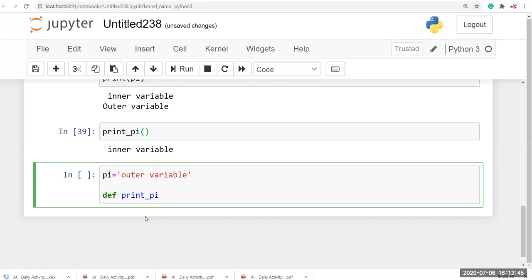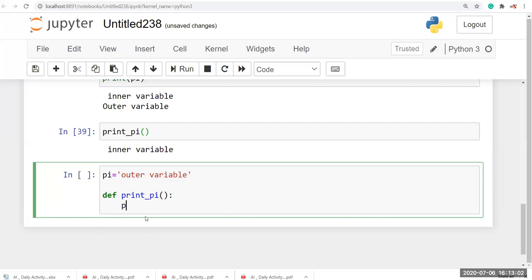The print_pi is a namespace, and pi is also a namespace. Here I'm going to give open and close parentheses.